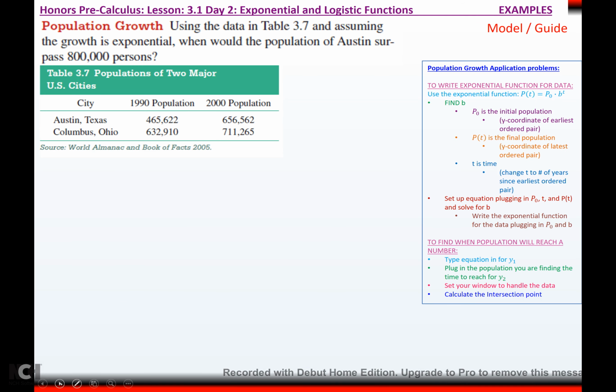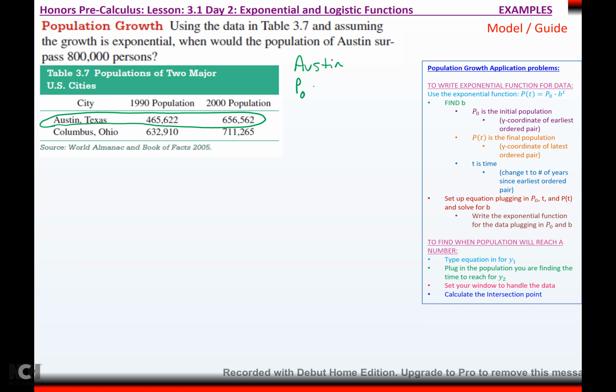So here we go. All right, it says using the data in table 3.7 and assuming the growth is exponential, when would the population of Austin surpass 800,000 persons? So we're just looking at Austin's data. We're not looking at Columbus, okay? So would you agree that for Austin,